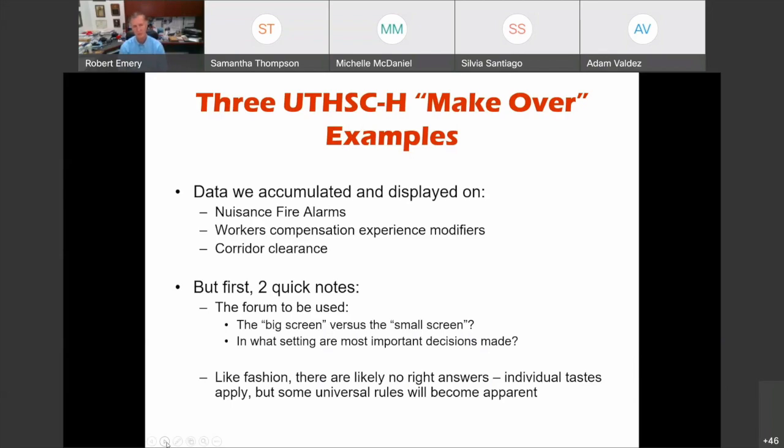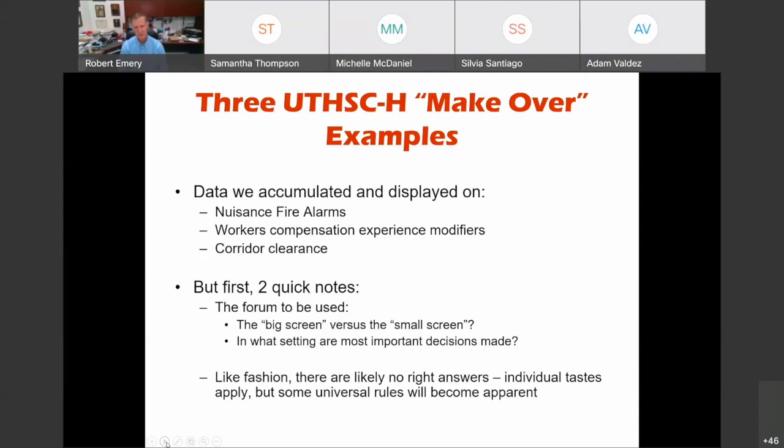And I want to show you how we were displaying that data, and then I want to show you the revised one. And the first example, I'm going to show you how we fix it step by step. And these have to do with nuisance fire alarms. I suspect everyone in this class has had to deal with nuisance fire alarms. We'll talk about workers' comp, experience modifiers, and corridor clearance. 3 mundane things that safety grapples with.